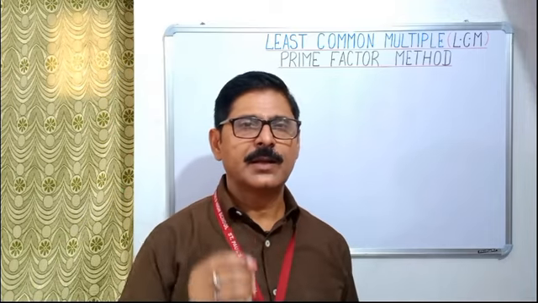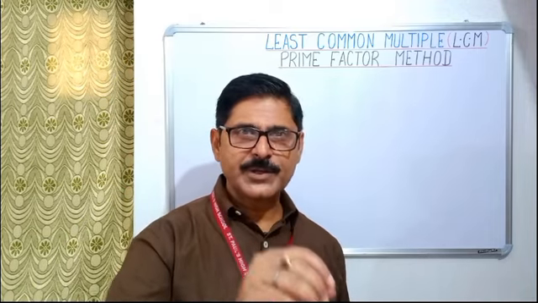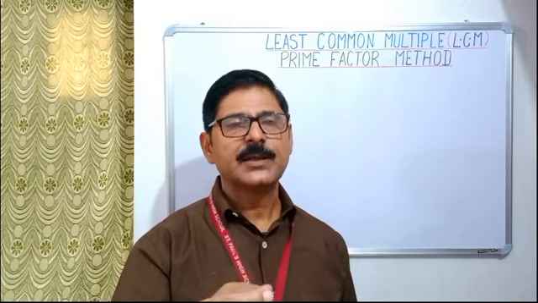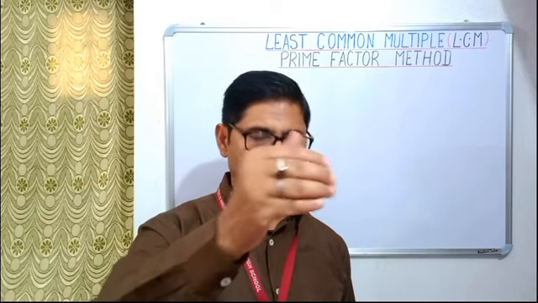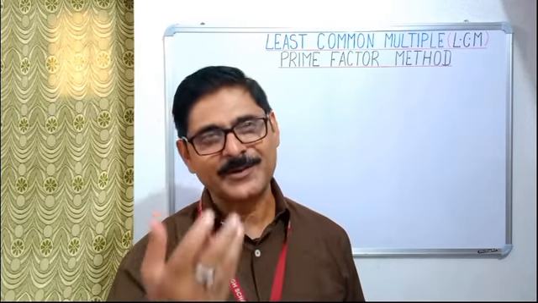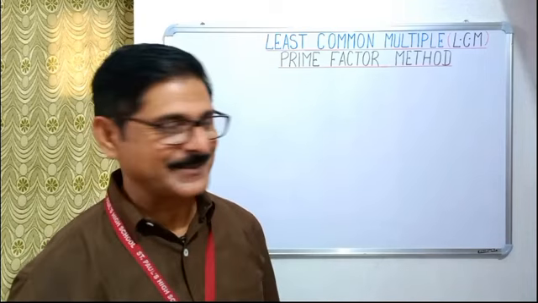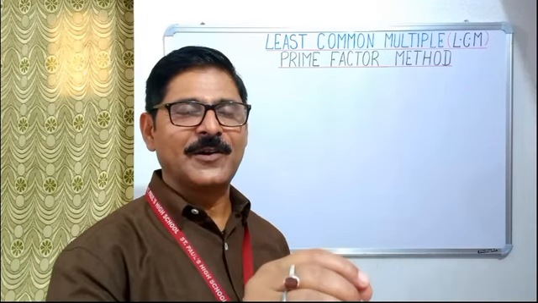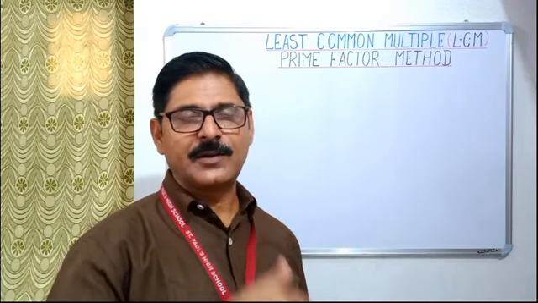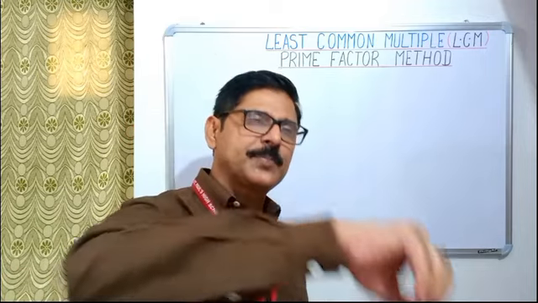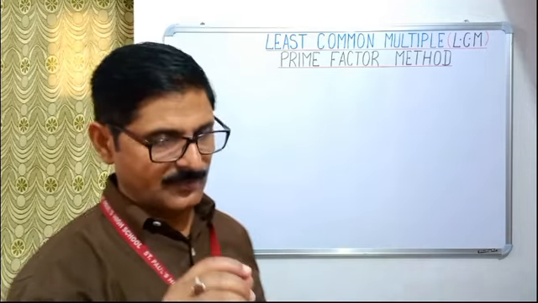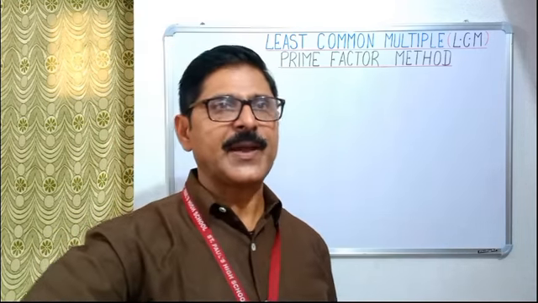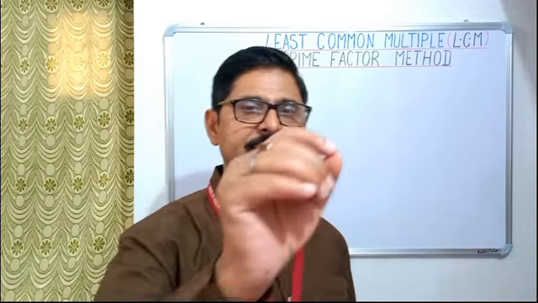We already know a number may have composite factors, and may have prime factors. Two types of factors a number has. Some of them are prime, some of them are composites, and of course there is one always which is neither prime nor composite. So writing a number in the form of the product of its prime factors is called prime factorization of the given number. When we write a number as the product of its prime factors, we call it prime factorization.